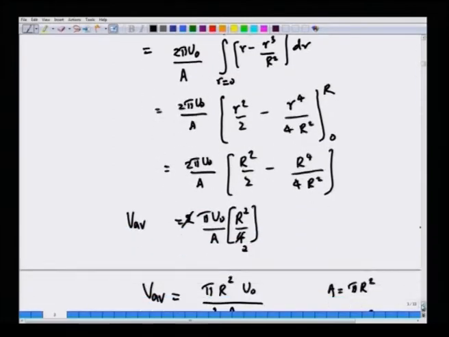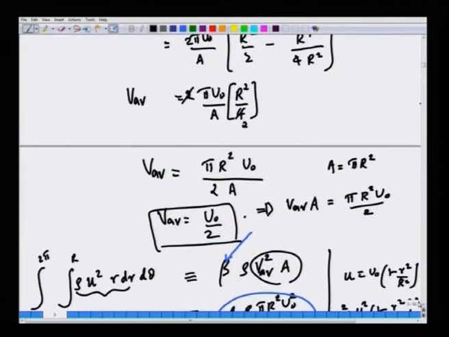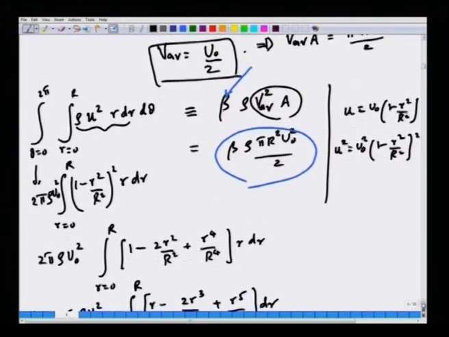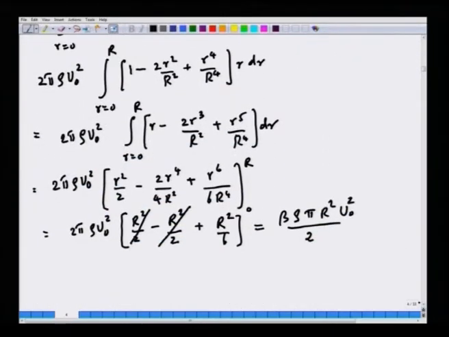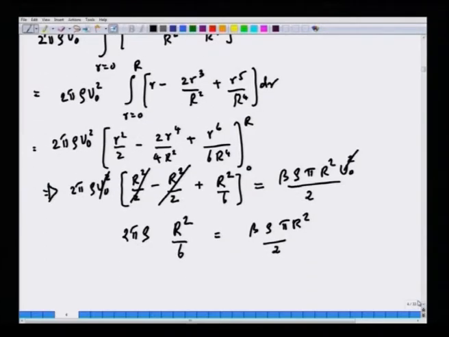So, let me just go back. So, it is V average squared here. So, it is u naught squared by 2. So, this implies, okay, you have u naught squared, let us cancel out things, u naught squared will cancel. So, the left side will have r squared by 6 times 2 pi rho, the right side will have beta rho pi r squared by 2. Okay. So, beta should become,